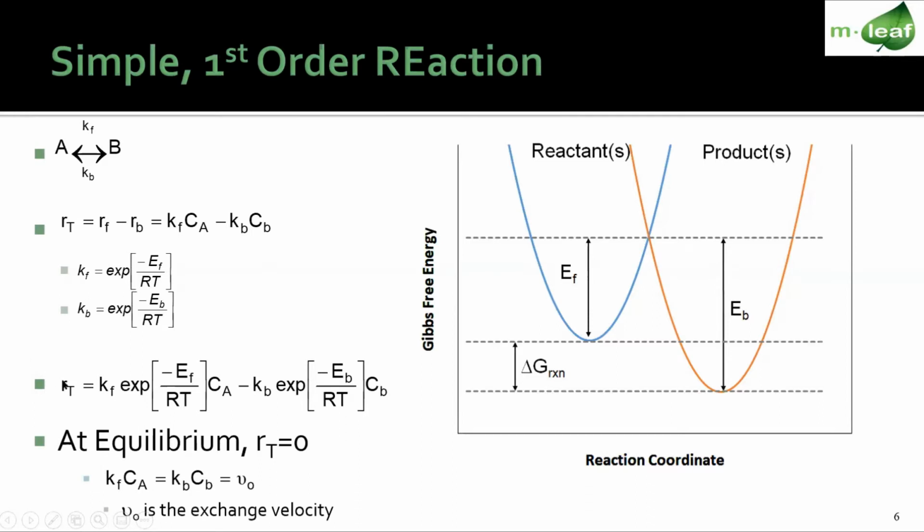And so we could, if we wanted to, derive some expression for the total that is just K forward, the forward pre-exponential factor times the exponent of minus EF over RT times Ca, and do the same thing for the reverse reaction. And hopefully, most of the things that we've talked about here, you guys feel comfortable with, that we've done this throughout the semester. Maybe the Marcus wells is a new concept, but